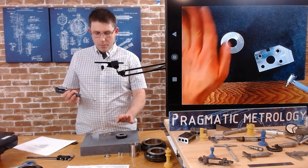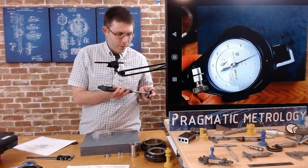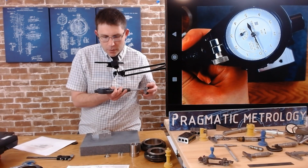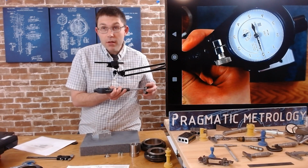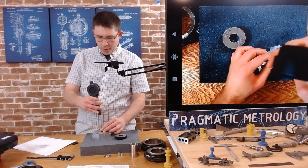So now we've got to look at the secondary dial. We've got to take a look at where the secondary dial reads. Okay. So 0's there. The secondary dial is just a hair before the 2. Okay. And every full rotation of the large dial is 10 thousandths. So when we go to measure our part,